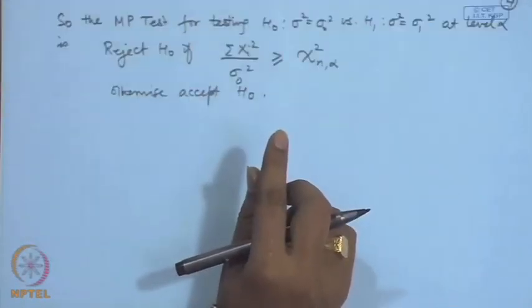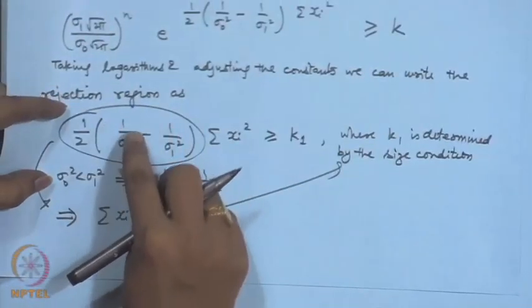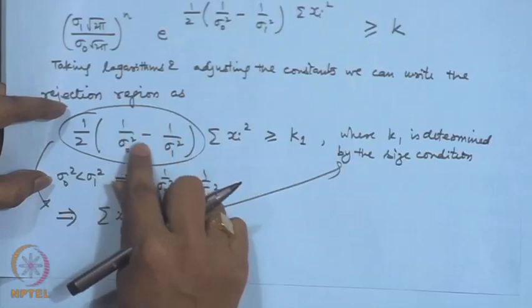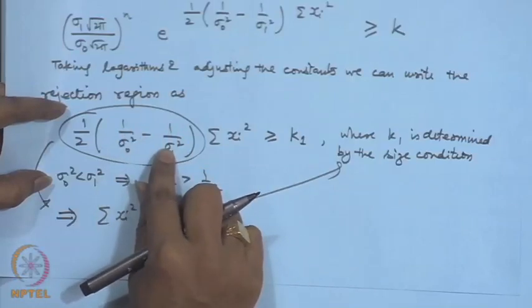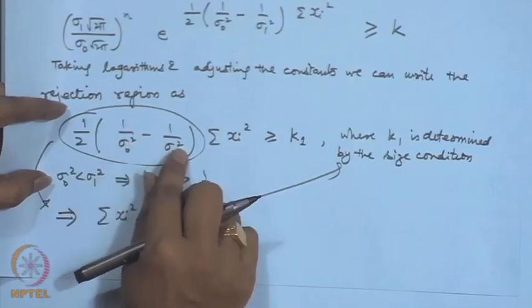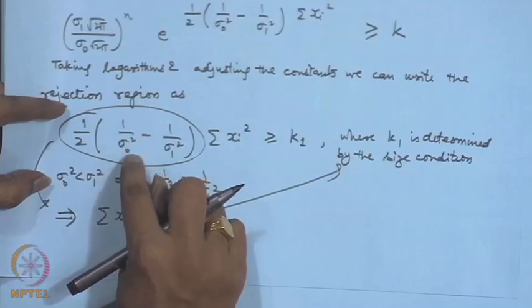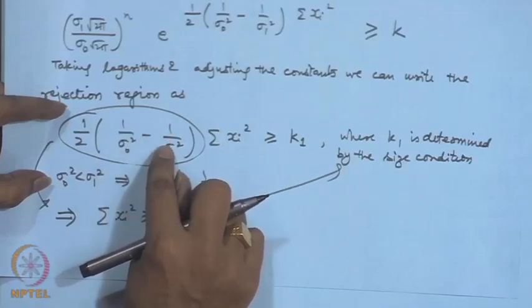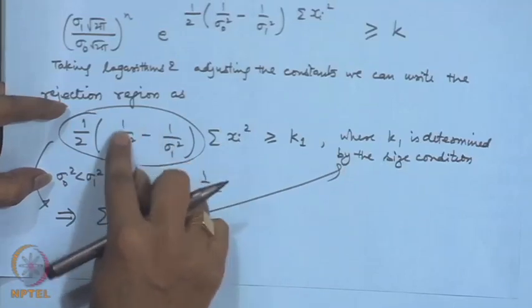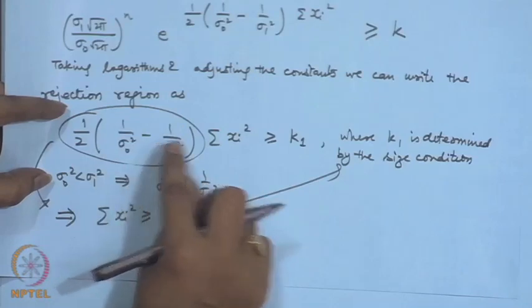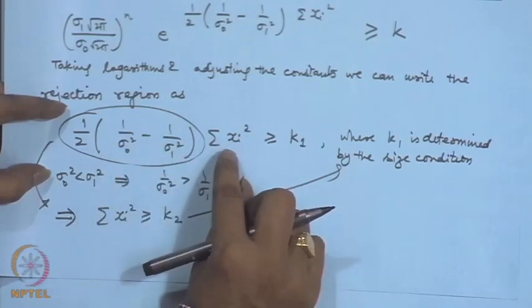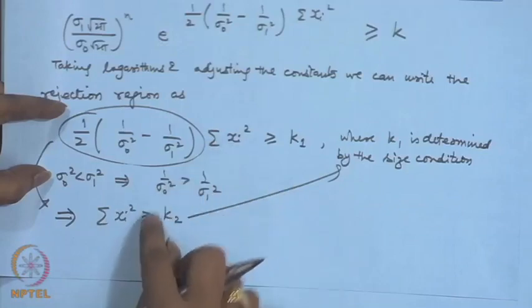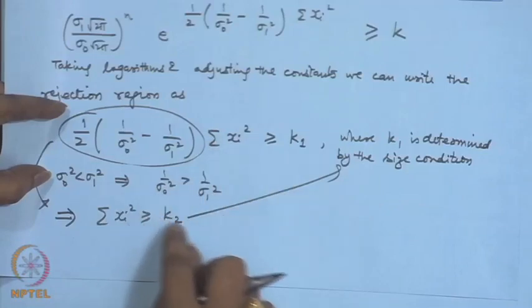If I do that, then you look at the derivation of the test procedure. This quantity will become negative. If sigma naught square is greater than sigma 1 square, then 1 by sigma naught square will become less than 1 by sigma 1 square. That means, this quantity will become negative. Then the test procedure will get reversed. We will get sigma x I square less than or equal to some constant, say k 3,